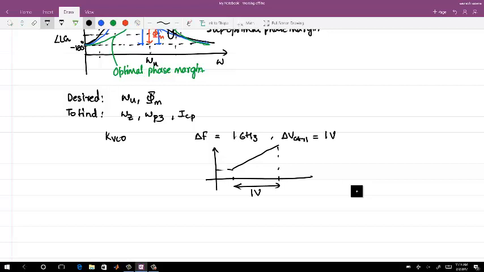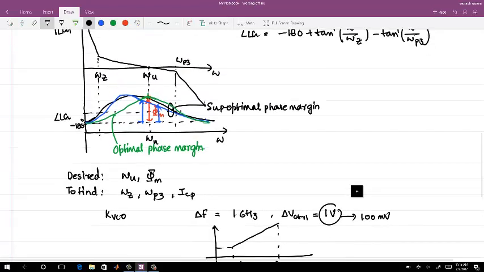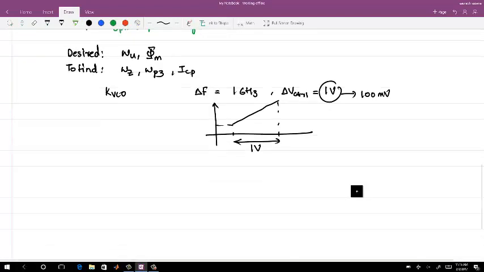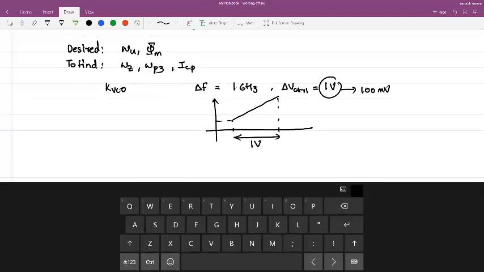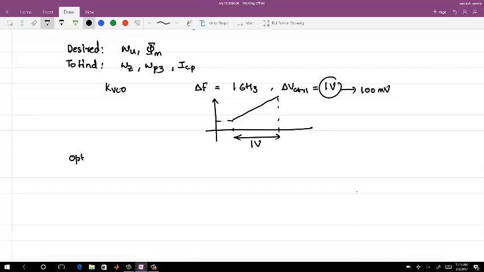Okay, now just for example, if this 1 volt reduces to 100 millivolts because of some circuit parameters, and I still want my 1 gigahertz, then your KVCO will go high. So KVCO is not only controlled by the oscillator independently, but it is also controlled by the range which you want to exercise with the loop filter. You can still manipulate it, but right now let's say you get a certain KVCO. Okay, so omega Z and omega P3 and ICP are the 3 parameters which you need to find, and so the condition for an optimal phase margin